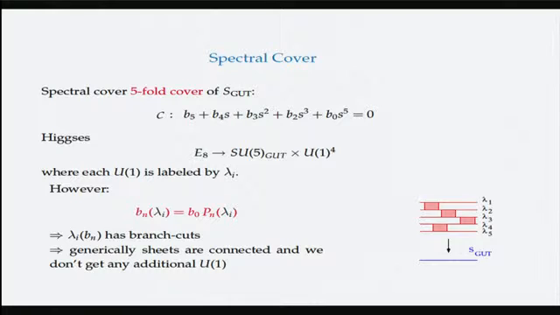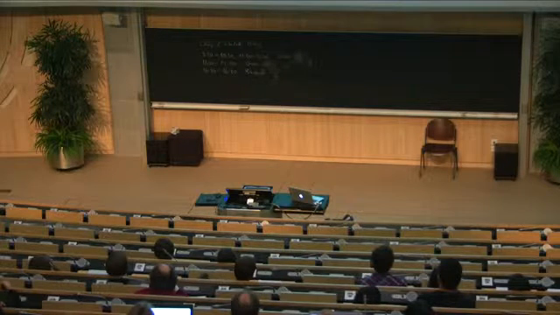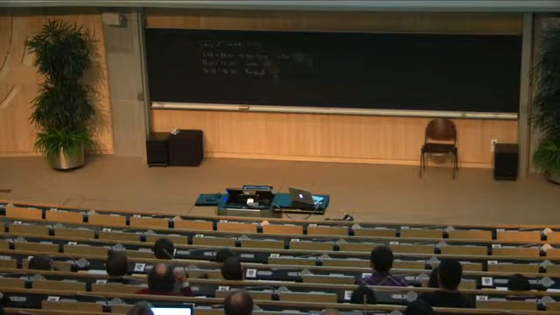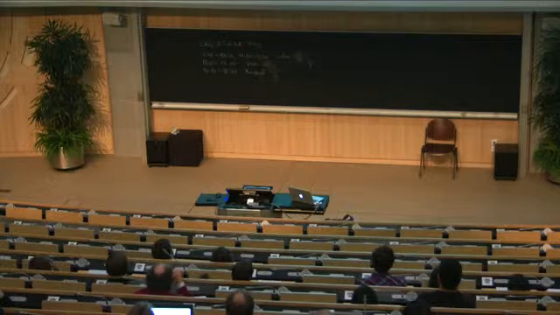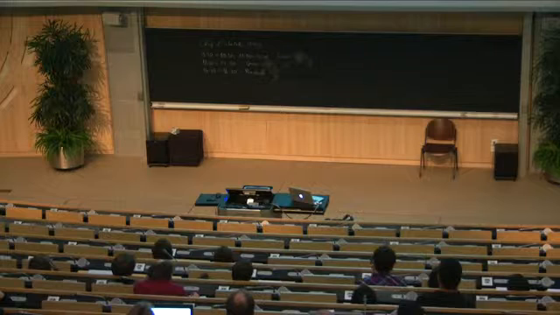Okay, and so the Higgs field usually doesn't break it to just SU5 GUT, but generically will break it all the way to SU5 GUT times SU5 perp or U1 to the 4, depending on the precise structure of the Higgs field. So we'll discuss what the structure of this spectral cover is. This picture, for example, would give you just an SU5 GUT and nothing else, right? Because all these eigenvalues are connected to each other. Anyway, the point is this cover is a 5-fold covering where, however, the coefficients are not